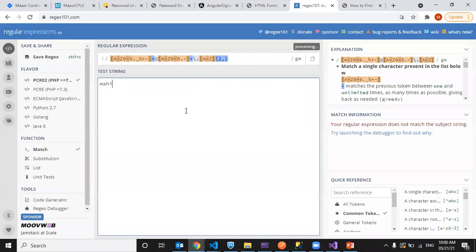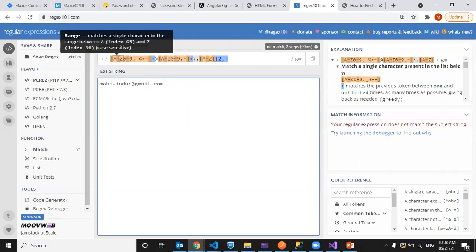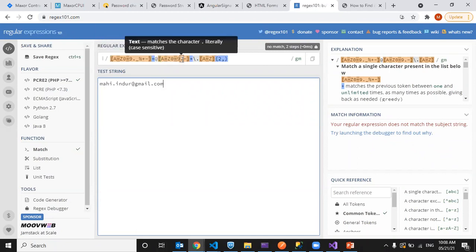So I'll enter some. The regular expression does not match the subject string. Why?